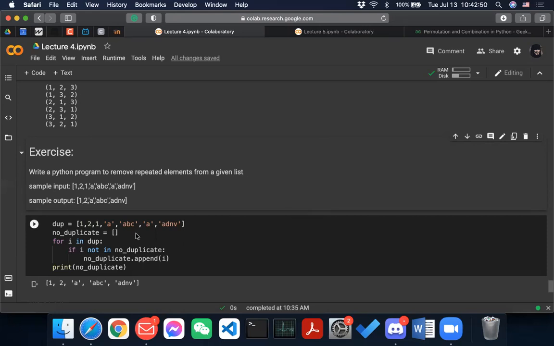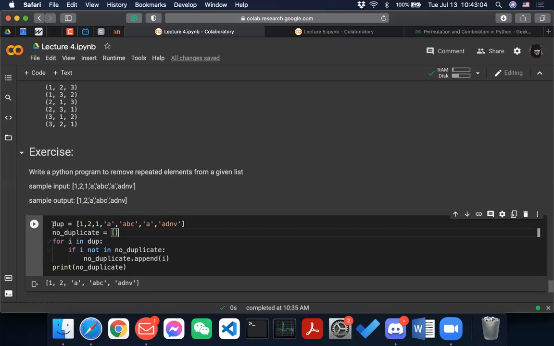So the idea is, first you initialize a list called no_duplicate, and then for i in dupe, meaning for each element in dupe, if i is not in no_duplicate, then you add it. The logic is pretty clear.